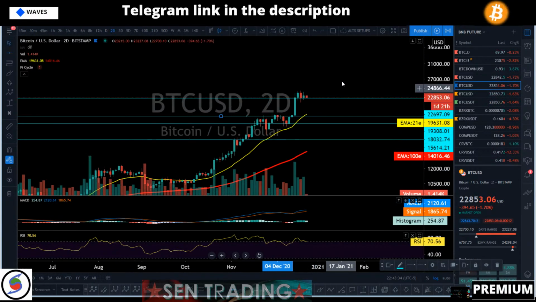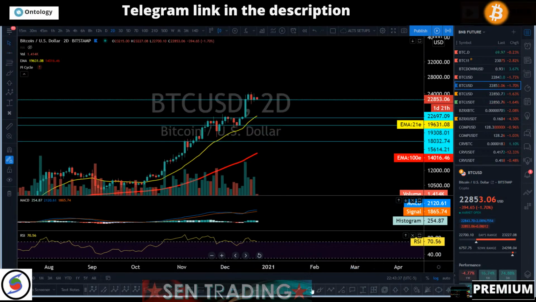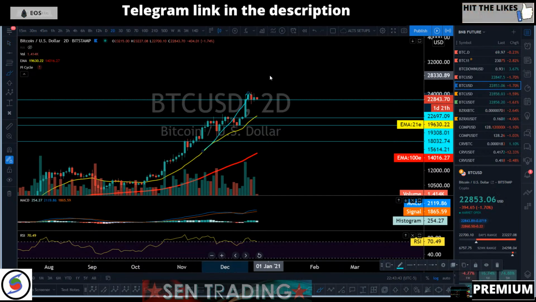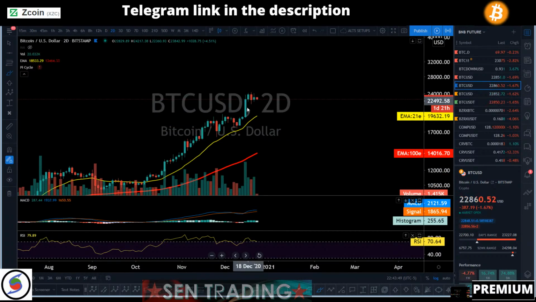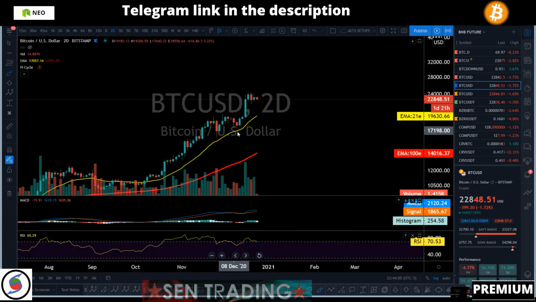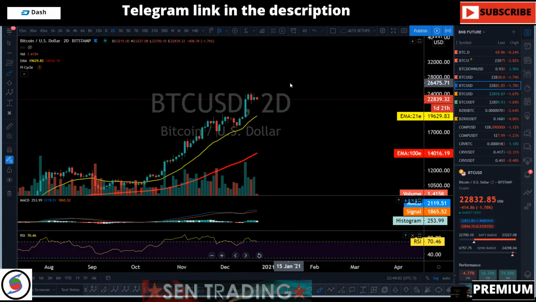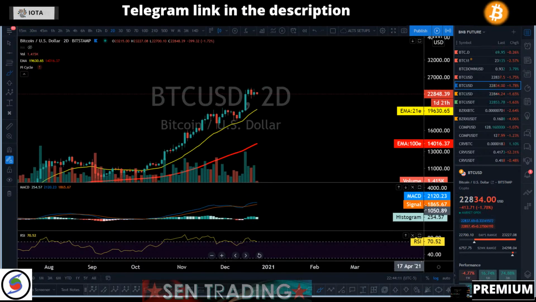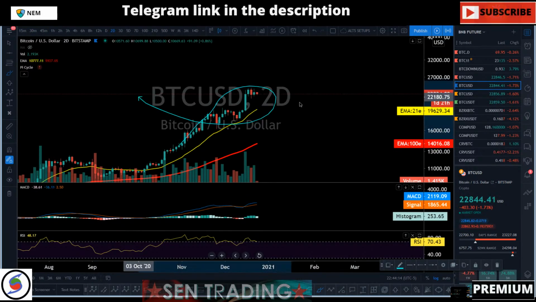Right now it is very easy to say the market is going to be dropping when the market is going up, and at the same time it is easy to say we're going to keep going up. But if you have a good working strategy based on reversal and top formation, you just go by it. I already showed you what I'm going to go by, and as long as we do not get it, the macro bull is still in play until we see exactly what we want to see.